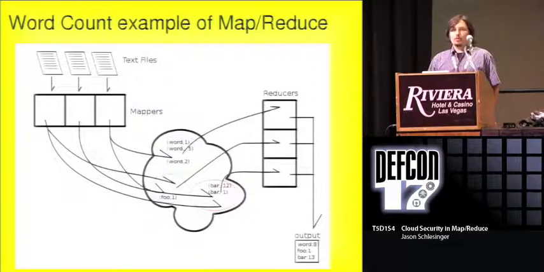Now, a real-world example of how you could use MapReduce, not really efficient, but let's say you need to do a word count across a lot of text files. Then what you could do is break up your text files to your mappers, and the mappers will count the number of times each word appears in only one text file. Then they'll output word-number pairs, and those will get grouped together based on the word as the key. And then similarly keyed pairs will get sent to reducers, and the reducers will then add up each of those numbers.